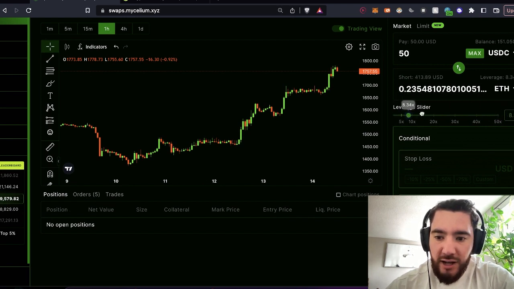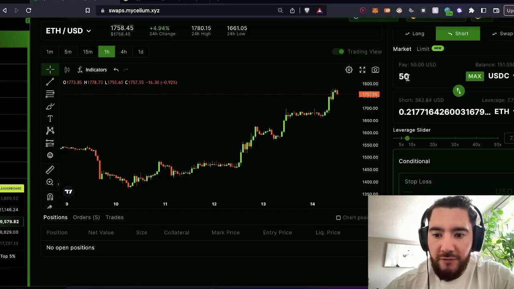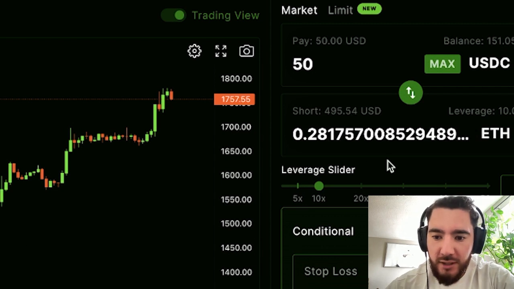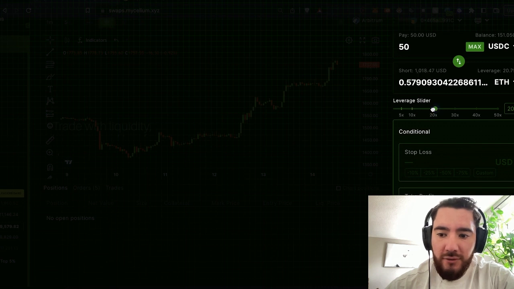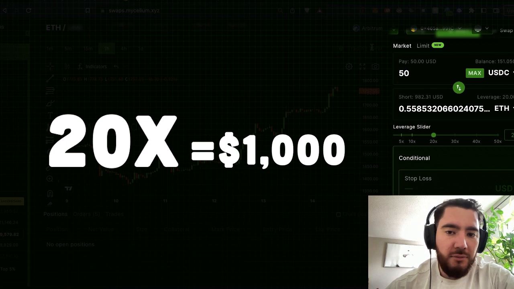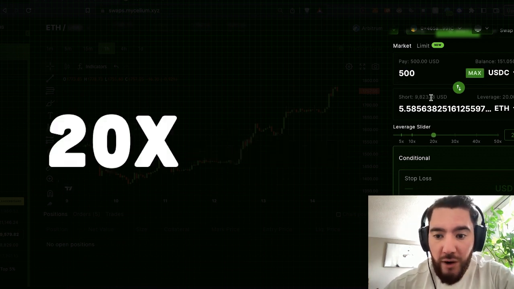And this is the leverage slider. This is where you can have a lot of fun. So if you don't understand leverage, start very small with this. Basically, leverage lets you multiply your money. So if I have $50 and I use 10x leverage right here, I can type in 10. It's gonna let me trade as if I had 500 US dollars. And then same thing, if you do 20x, it's gonna let you trade as if you had $1,000, and you get the point. If you had like $500 and you did 20x leverage, then you could trade as if you had $10,000. You can see where this can be pretty lucrative depending on how much you do it with,